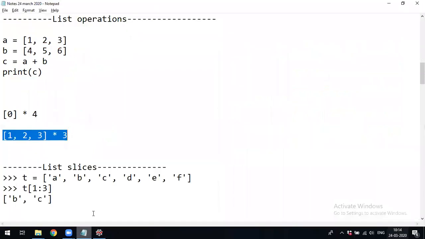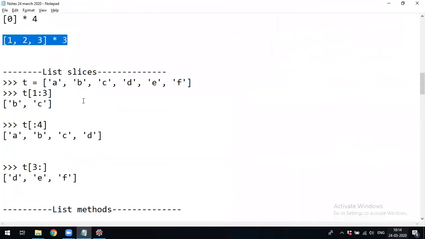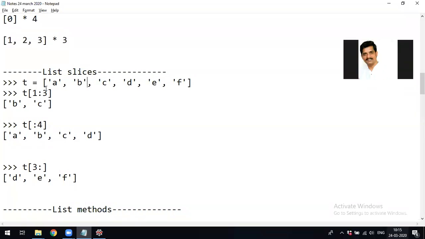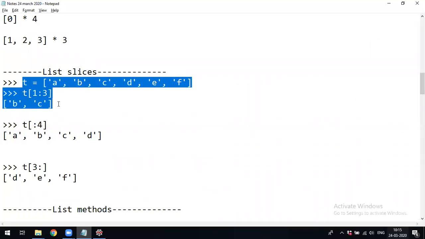The next thing we'll discuss is list slices. The slice operator, the colon, we have already seen in a string. Now we are just going to apply that with the list. See this. This is a list.